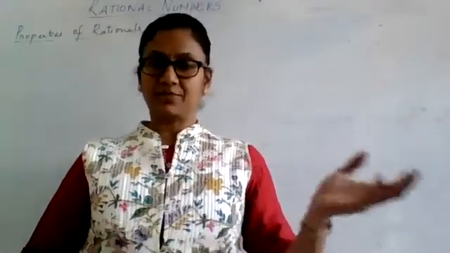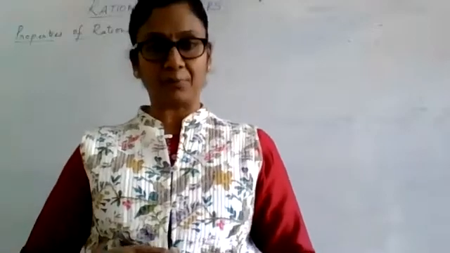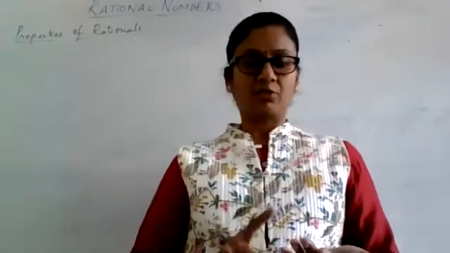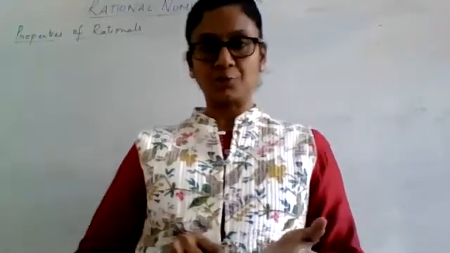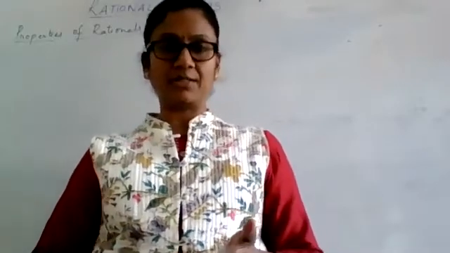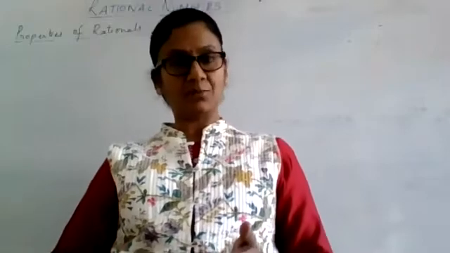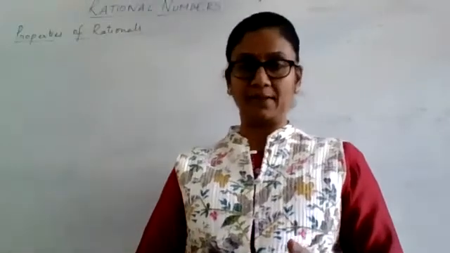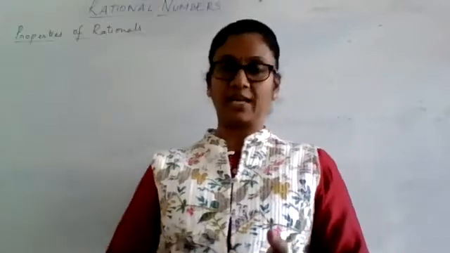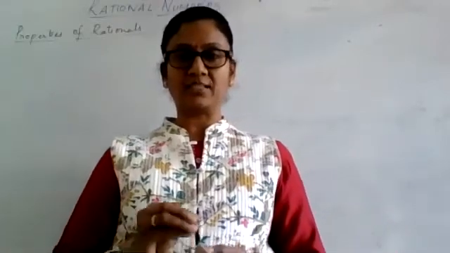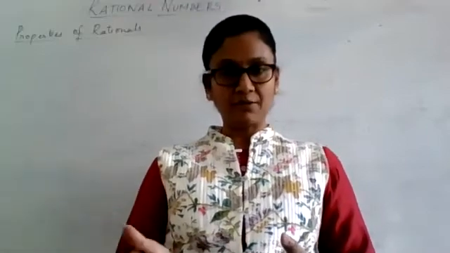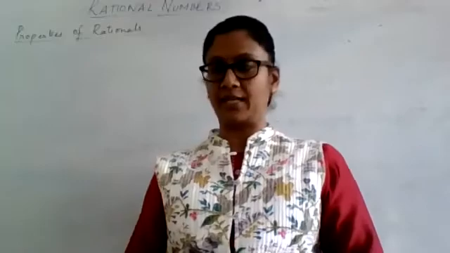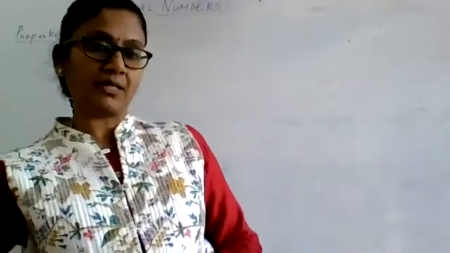In the first video on rational numbers, the properties of rationals were discussed. The four major properties we covered are the closure property, the commutative property, the associative property, and lastly the distributive property, that is, distribution of multiplication over addition or subtraction. Now there are some more, minor properties which were not discussed in the previous video. So we will quickly go through those before we take up the exercise on the properties of rationals.